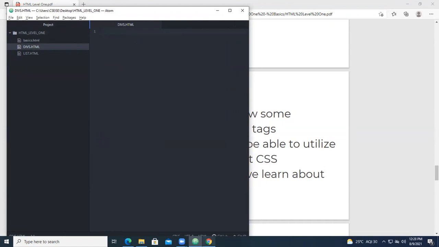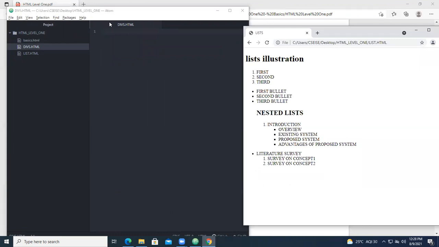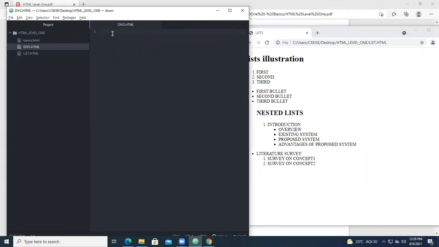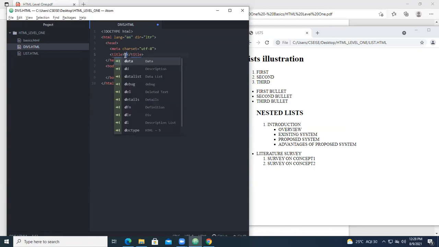Okay. So under divs, you type HT. So you will be getting HTML. Click enter on that. So you'll be having these things. Under that, you give divs and spans as title.